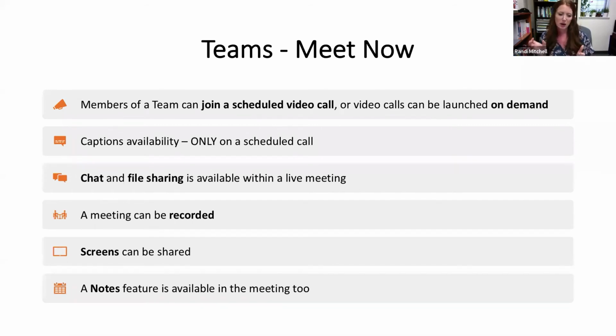It gives you that spot where you can keep your notes in a safe spot so both of you have access to those notes. Okay, so for interpreters, now that we're talking about that,